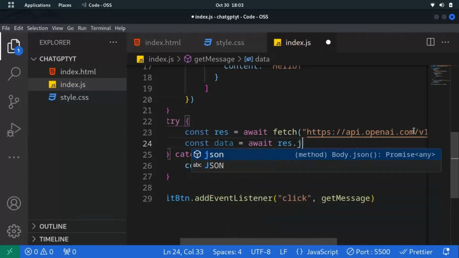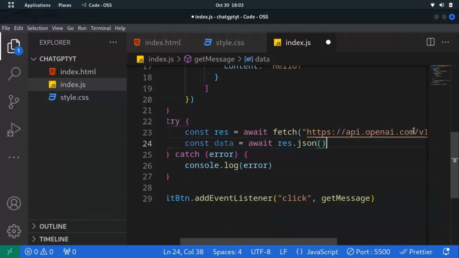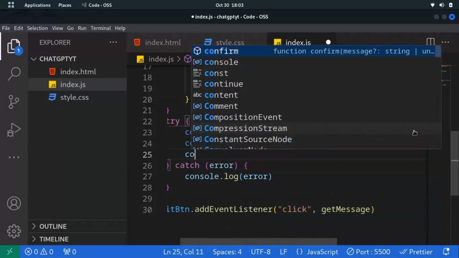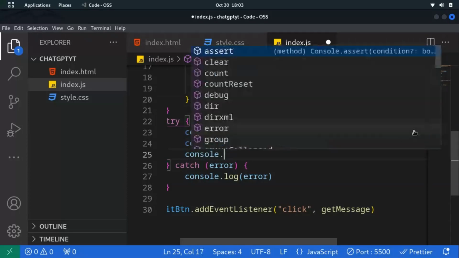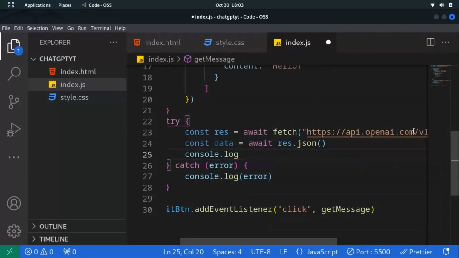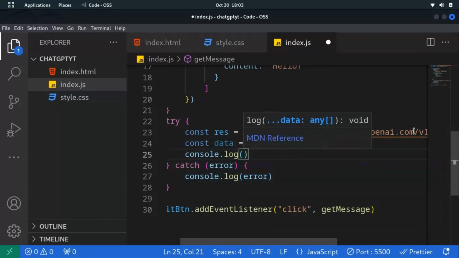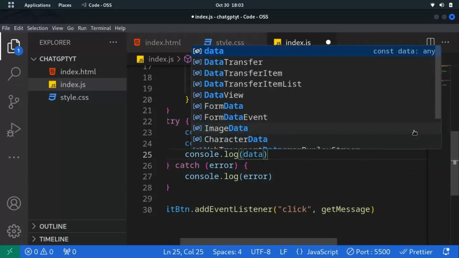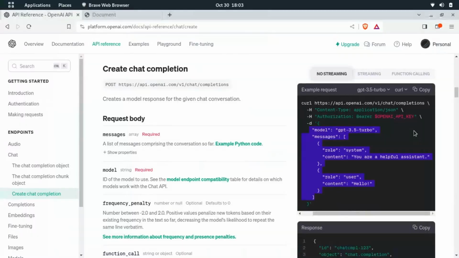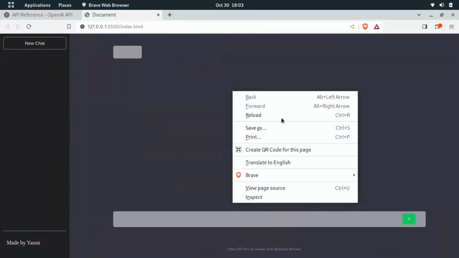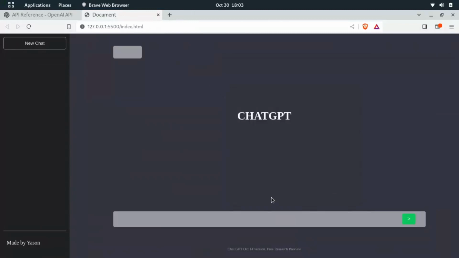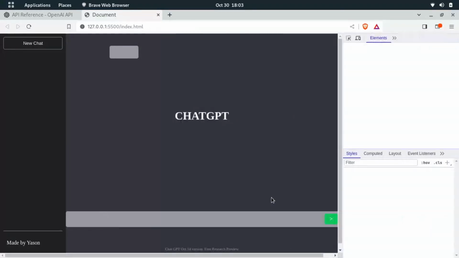But this one we are going to await the res.json like this. So we have to console log and see what is given to us by the time we submit. So if I say data, then I hit save and then open my browser,